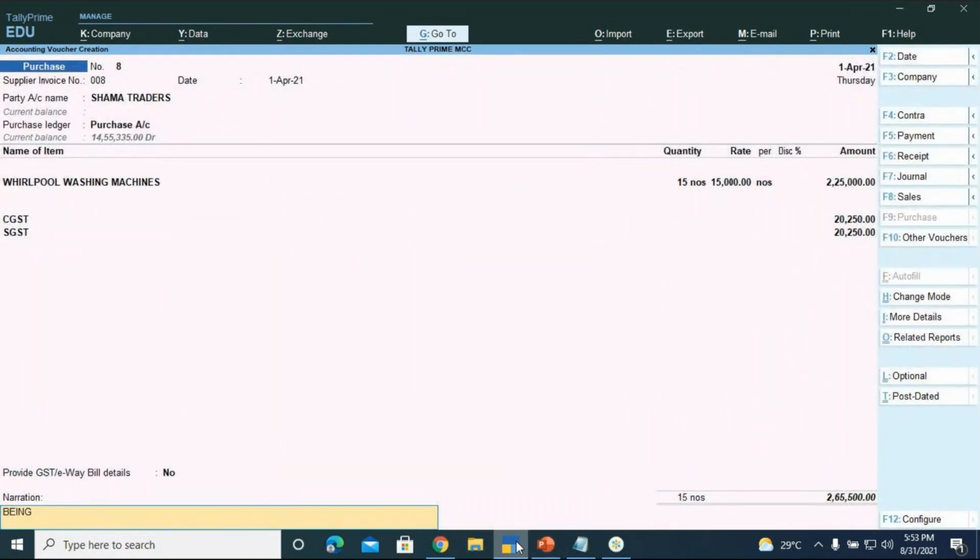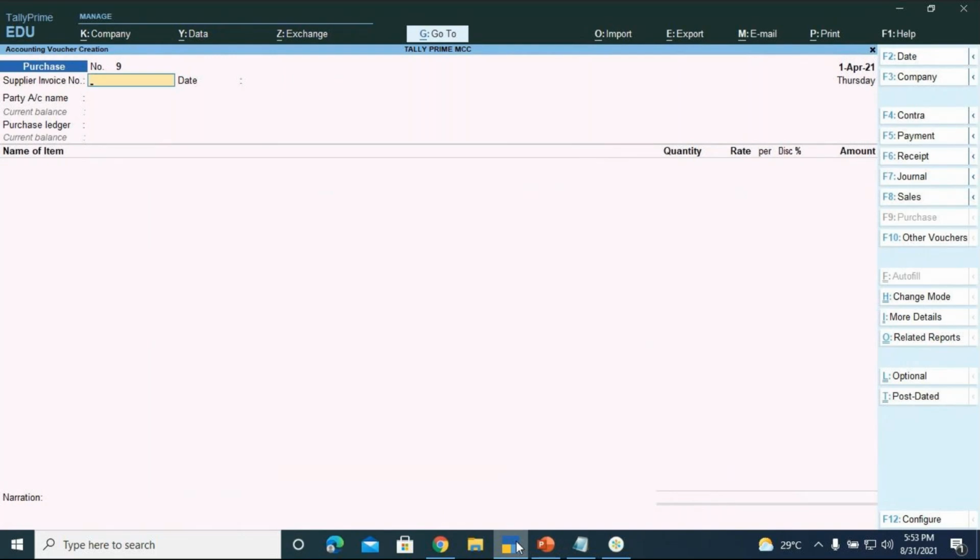Narration: Whirlpool washing machines purchased on credit. Now what happens once the purchase voucher is being passed, we find some damage and 5 pieces are